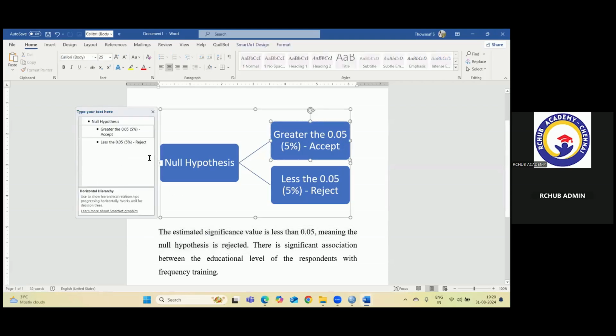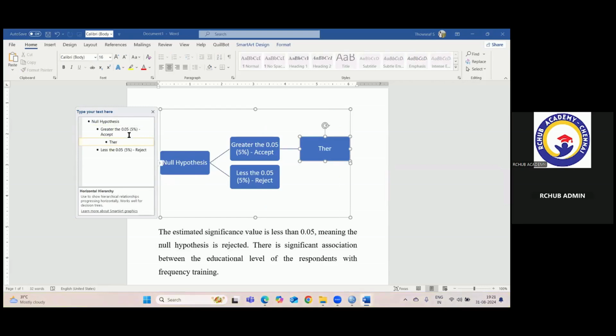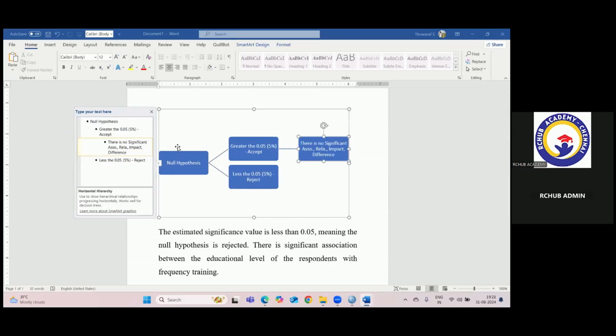Yeah, let me write it down. There is no significant association or relationship or influence, or we can simply write it as impact or difference. Okay,